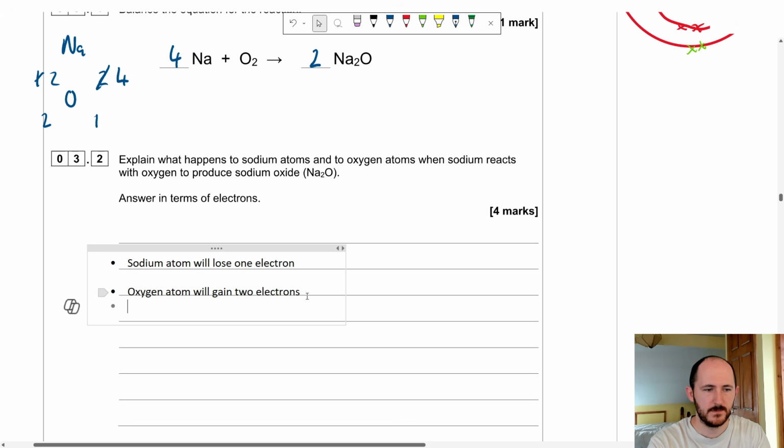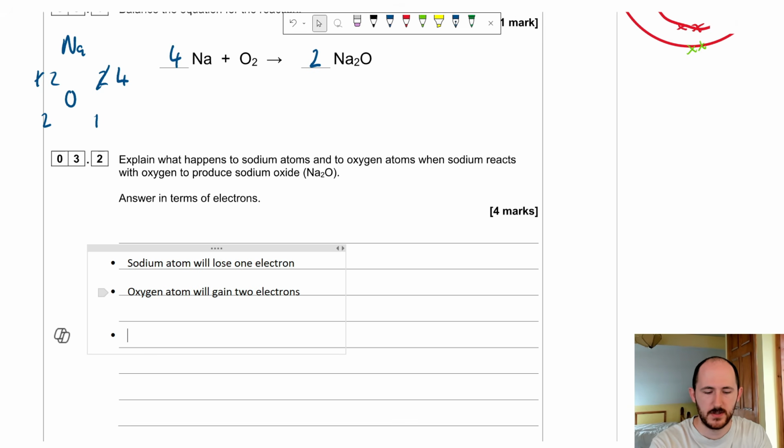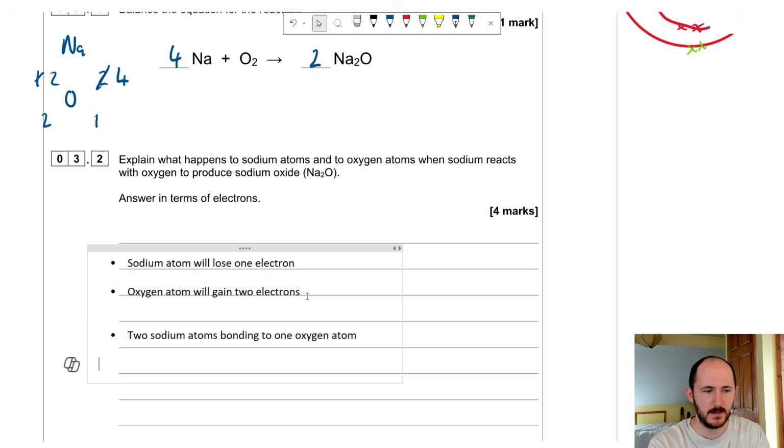This gives us a ratio of two sodium atoms bonding to one oxygen atom. And now you need to talk about the actual ions. That's the fourth mark, so mentioning any of the ions. So you can either say